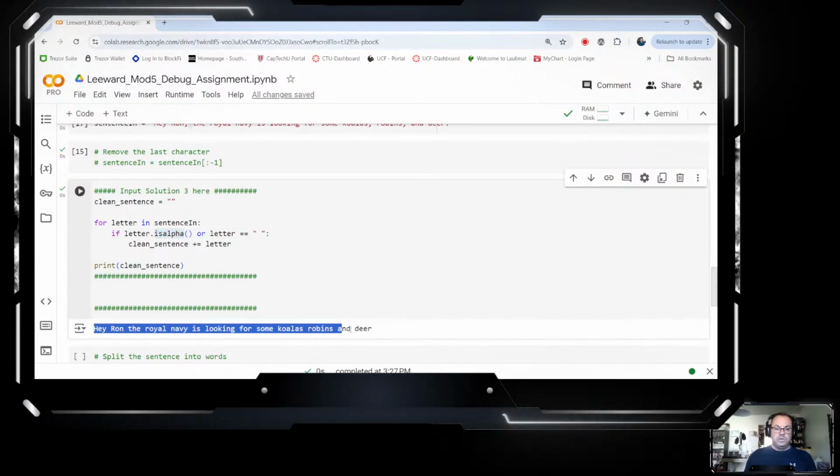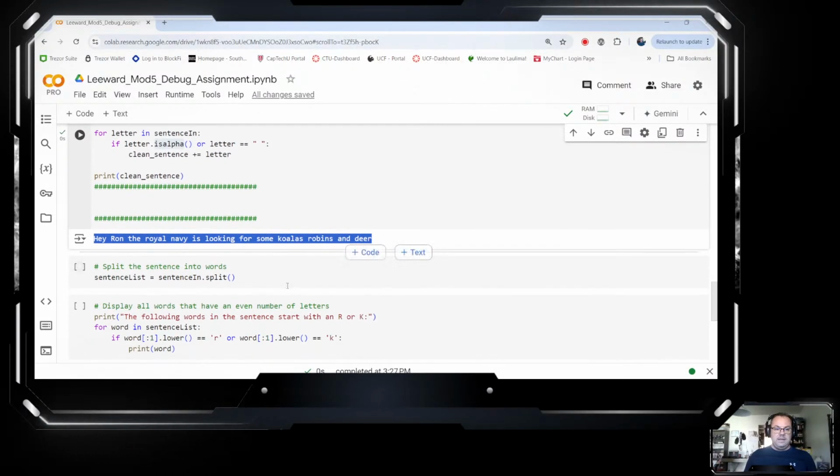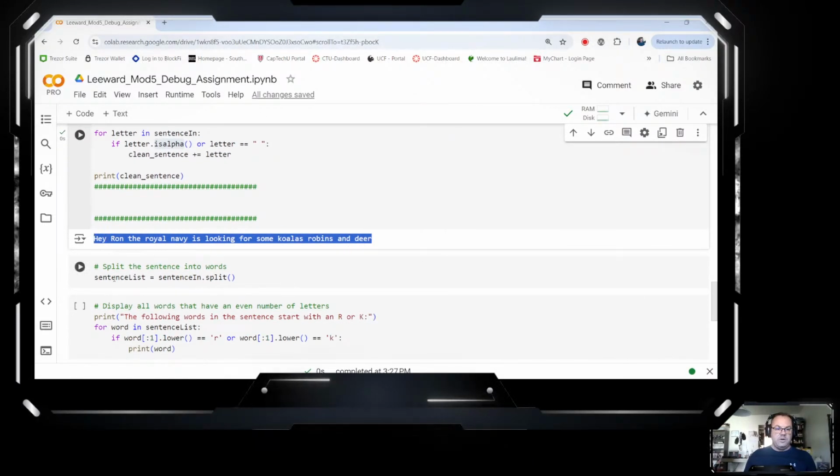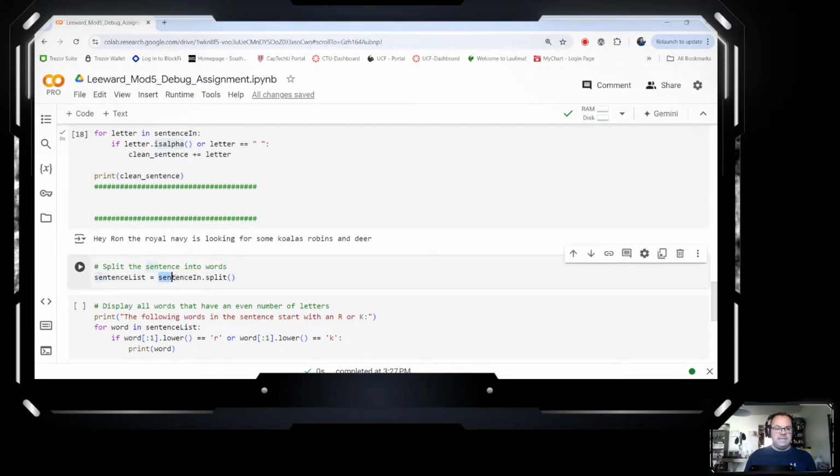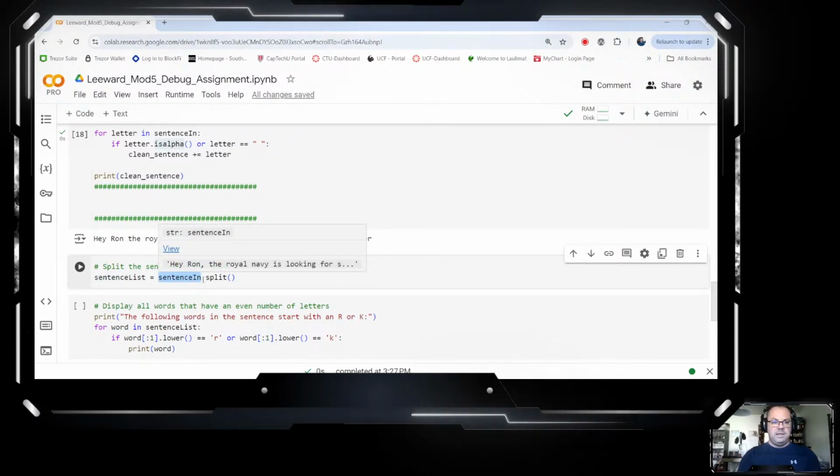Okay, so solution 3 is looking pretty good. Now, since we have the spaces in there, we can now do our sentence split. In this case, we don't want to do sentence split. We want to do our clean